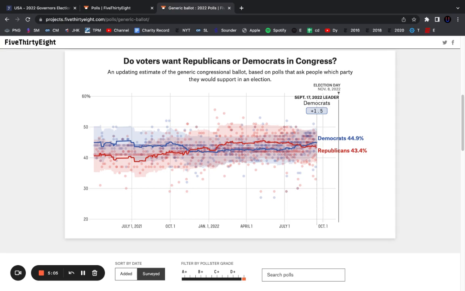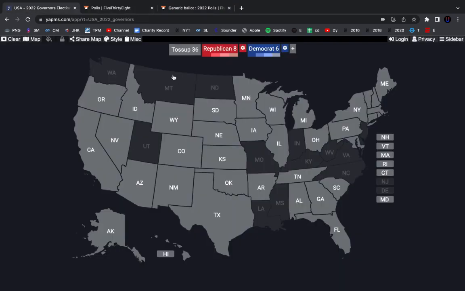So my point here is that the fact that the Democrats, this close to the election, are still maintaining and growing their lead is really good for them. I think it's really good for their prospects all across the board, but especially in governor's races, because if we were in a super Republican environment, Democrats would be losing a lot more of these races than they're going to end up losing.